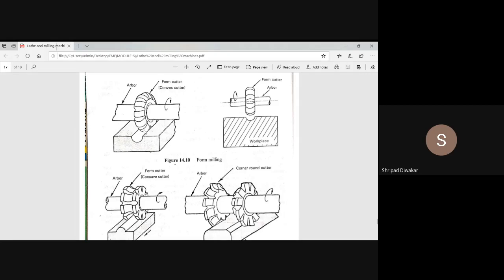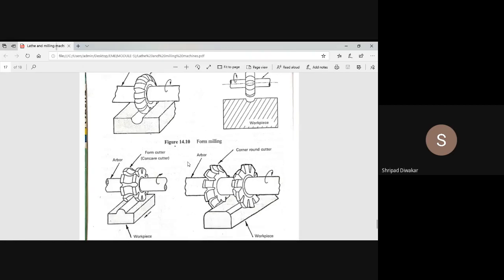Okay, this form cutter is fixed to the arbor and this is the given workpiece. When the workpiece is fed against this multi-point form cutter, there will be a formation of the angular profile on the given workpiece. This is called form milling. That is, a generation of angular surface on the given workpiece when the workpiece is fed against the multi-point form cutter. So whatever kind of operation we want, we have to fix that kind of milling cutter in the arbor. That is called a form cutter.